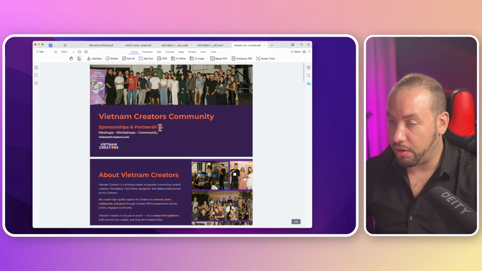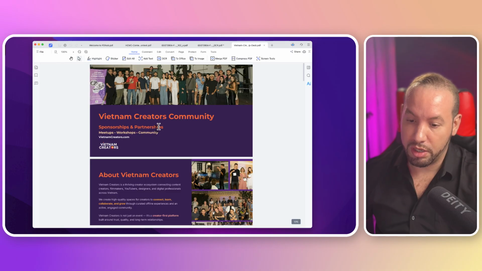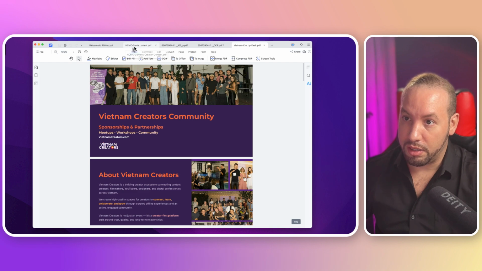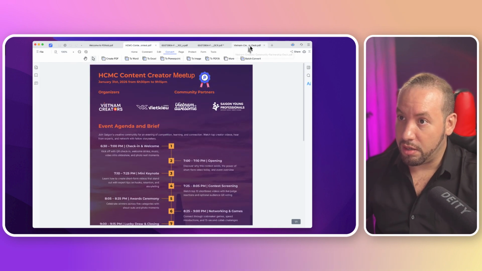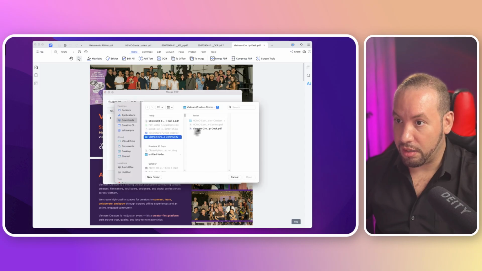You can merge multiple files, split a large document, extract pages, or rearrange everything with just drag and drop. It's very useful when dealing with reports, contracts, or maybe combining multiple files in one clean document. So actually for this document of the Vietnam creators community, I want to merge it with the agenda we saw here for the event. So basically I can just come here, merge the document, add the other file,